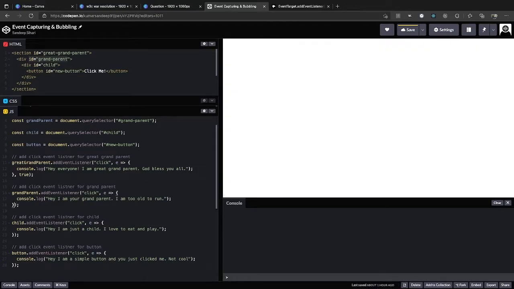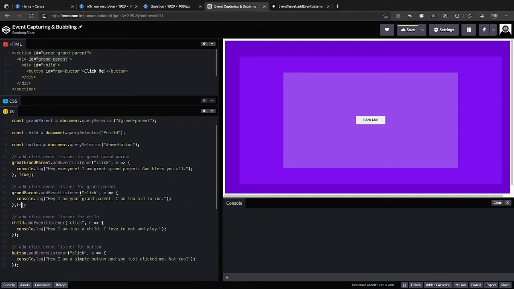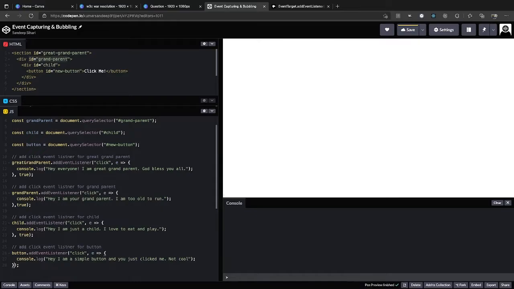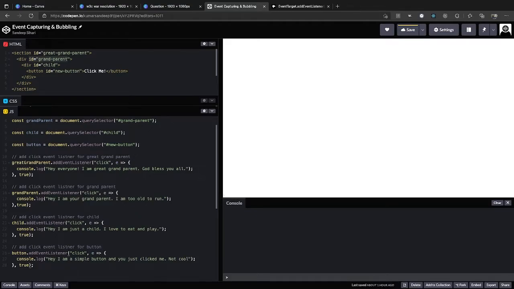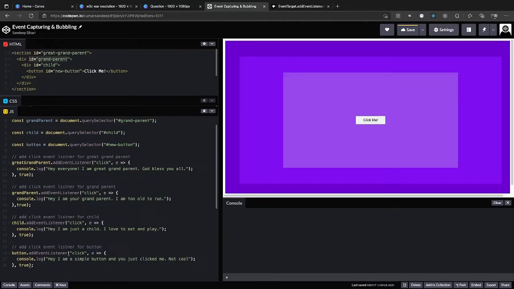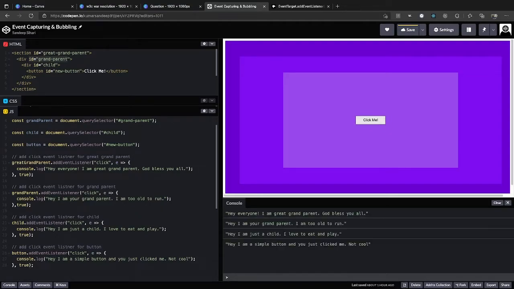Let's make this true here and here. Now all four events are registered as capturing events. If I click on the button, just see what happens.